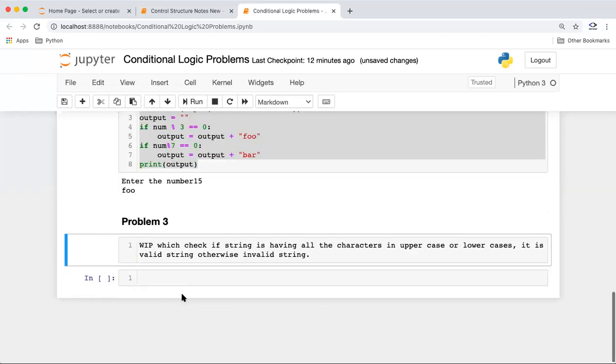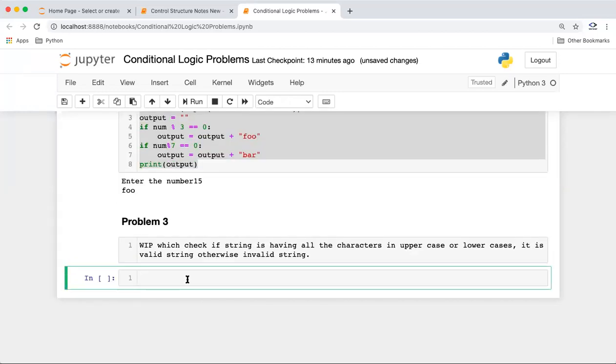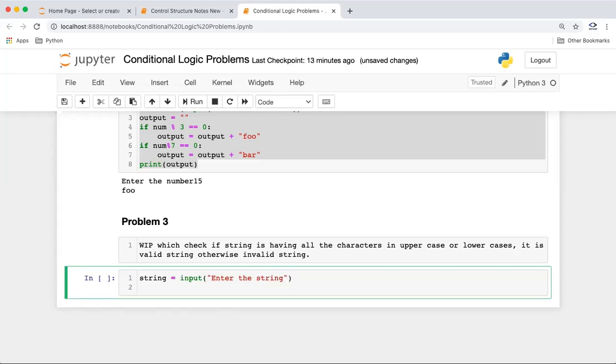Okay, so guys, we know as an input we'll take some string from the user. Okay, good. And we don't need to convert because it's a string. So what we can do, we know we have the dot upper and dot lower functions, right?